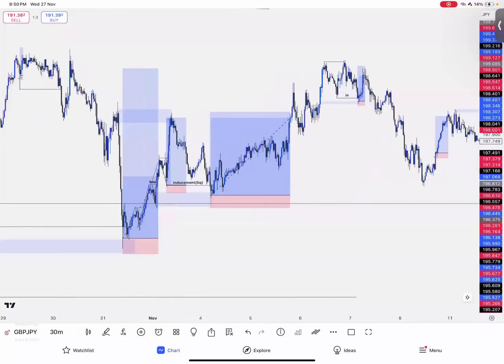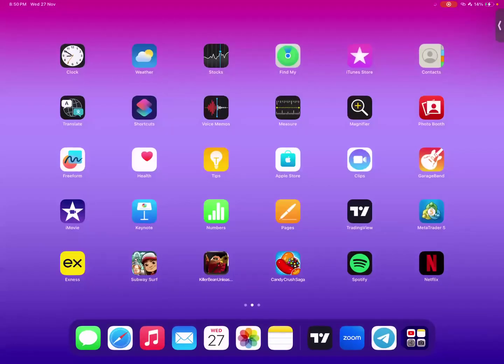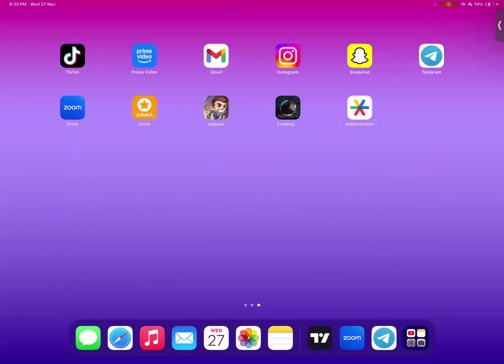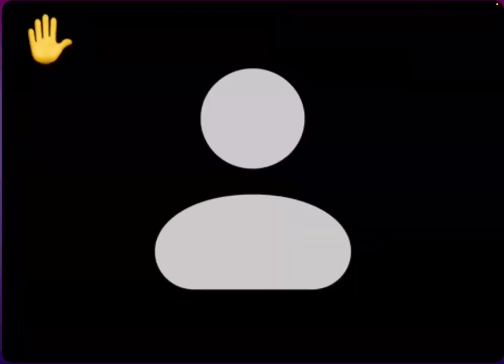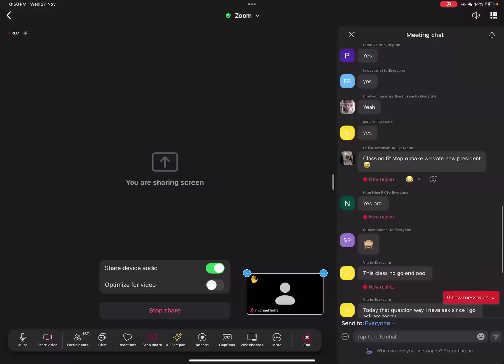So now I'm finding the pattern. If it breaks structure, it gives me my inducement, I find my break, and I take my trade. Break structure, inducement, I find my break, I take my trade. So I kept taking buys, buy, buy, buy. You understand? Understanding the pattern the market is using is very crucial. That's the difference between break of structure and